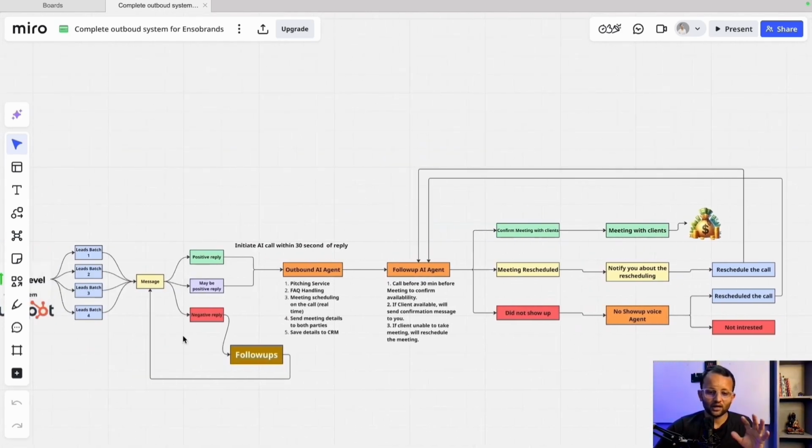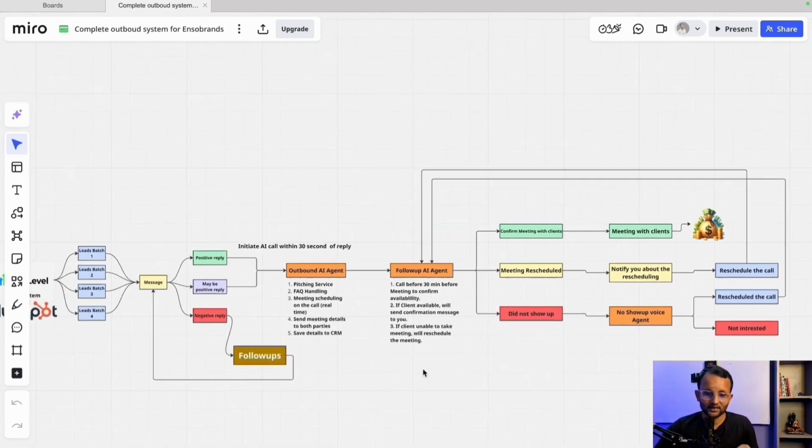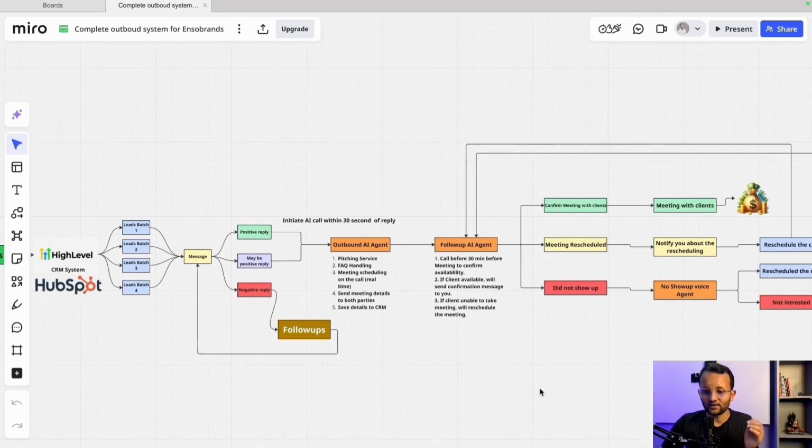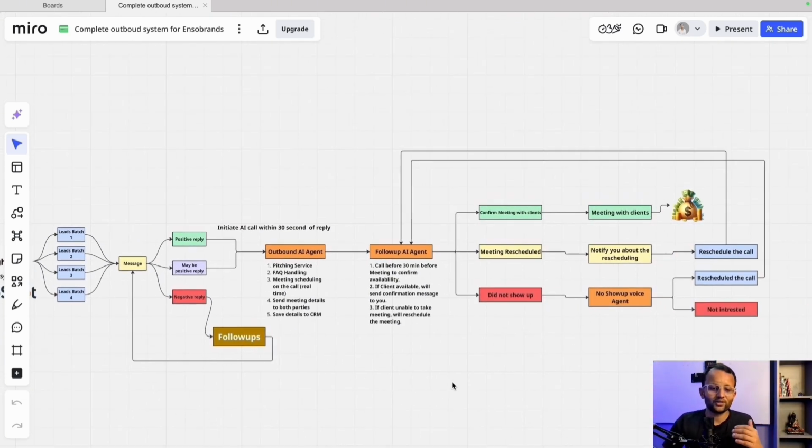So we have made the system in a manner that any lead who enters into the system does not get left behind or filtered until and unless we find out that the client is genuinely not interested in the product that we have built so far. So here, this is how the system actually works and generates results. If you just go through the system entirely, this is how we not only outreach, we follow up, we reschedule meetings, and we answer their every frequently asked question.